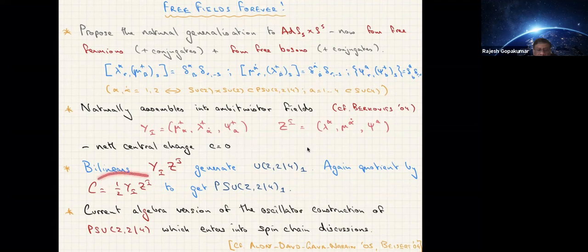So together, these bilinears that you can build out of these Y's and Z's, so you can take arbitrary bilinears with one Y and one Z, they generate the U(2,2|4) at level 1. This is again a generalization of what we had for U(1,1|2) at level 1. But now, like in that case, you have to quotient by an overall central U(1) to get the PSU subgroup. That central piece is the diagonal piece, Yi Zi. So you just take the sum over the diagonal piece, and you set that to 0, or more precisely, you quotient by it